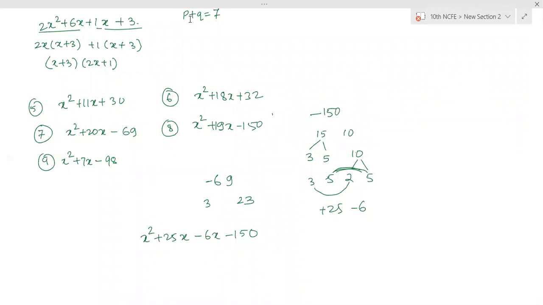Ma'am, so the second chapter is not completed, no, ma'am? NCERT second chapter not done. RS Agarwal second chapter done. In RS Agarwal, the NCERT second chapter, polynomials, is divided into 2 parts. RS Agarwal has a second chapter and a third chapter, 2 chapters. So the second chapter of RS Agarwal we have done. Now we are starting with the third chapter. Okay, ma'am. Thank you, ma'am.